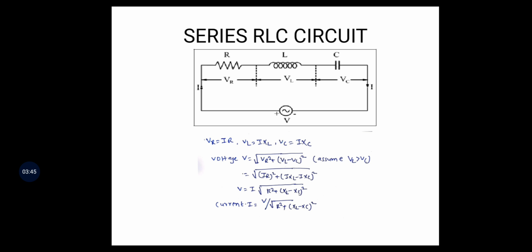Then the resultant voltage V equals the square root of VR squared plus VL minus VC whole squared. Here we draw the phasor diagram with reference to I. In an inductive circuit, I lags VL. In a capacitive circuit, I leads VC. VR is in phase with I. When we draw the phasor diagram,